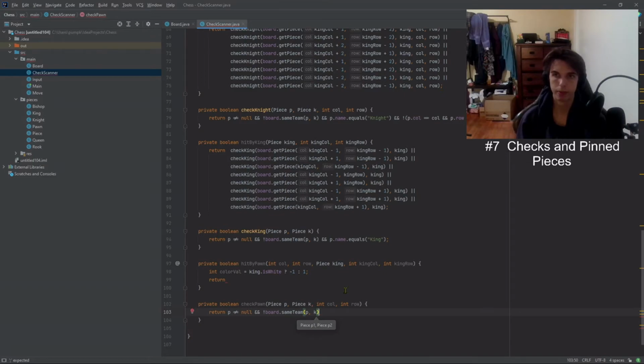Like that. And where was it? And the piece dot name is equal to pawn, like that. Then back in the hit by pawn, we return check pawn